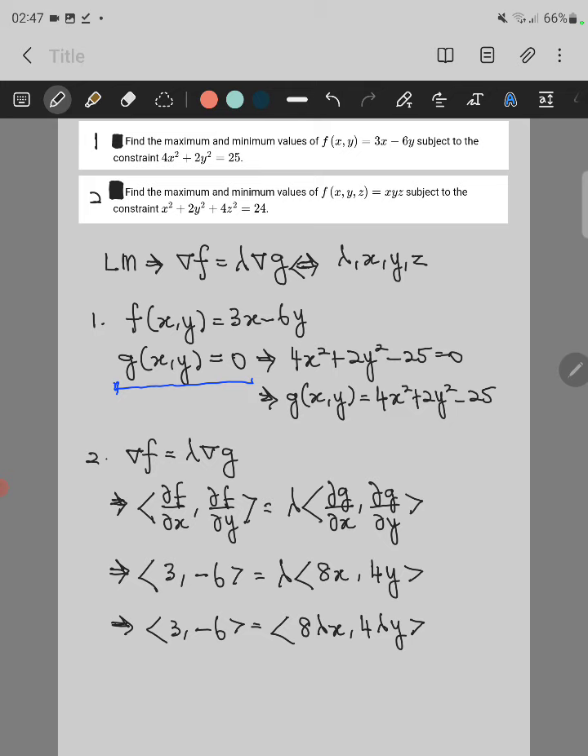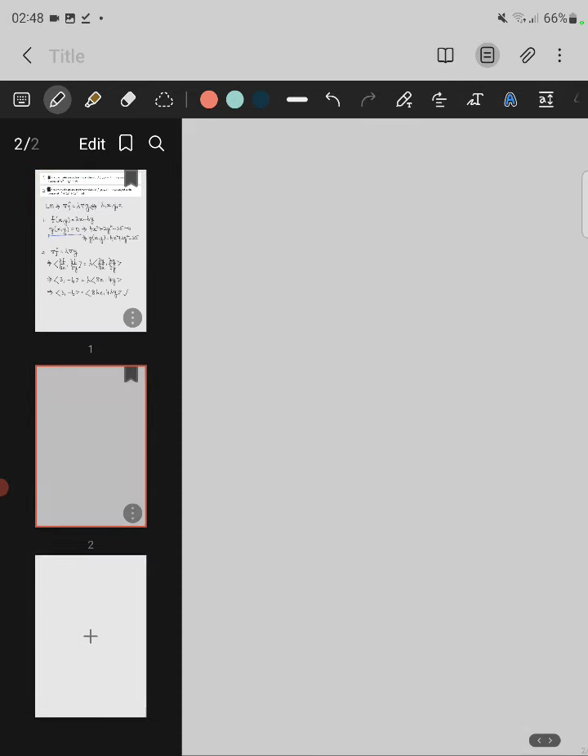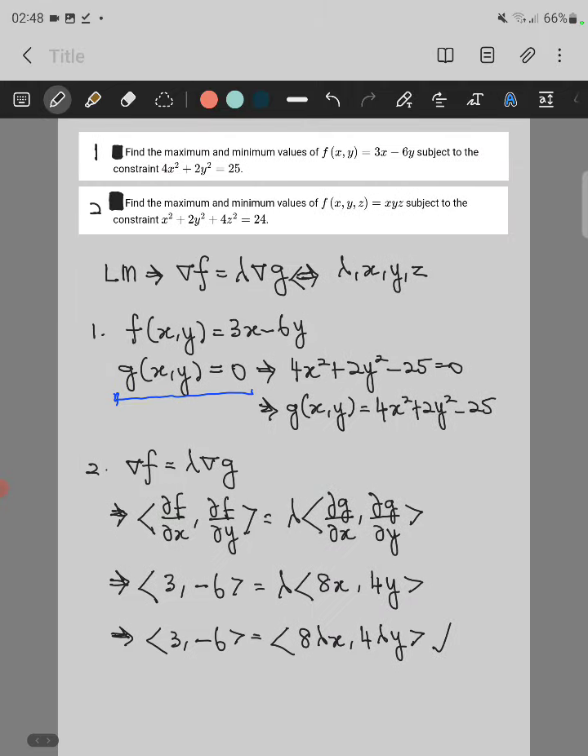Okay, so from this Lagrange multiplier we come to this part. We find all the terms and then we put them into our Lagrange multiplier, so we have this one. After we already put all the terms in our Lagrange multiplier, what we